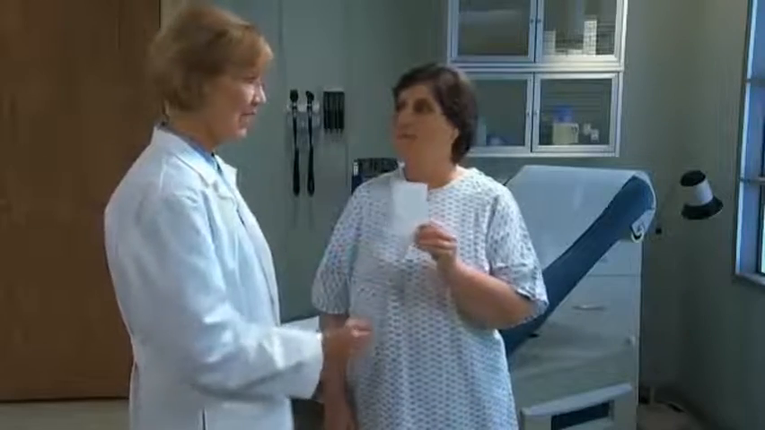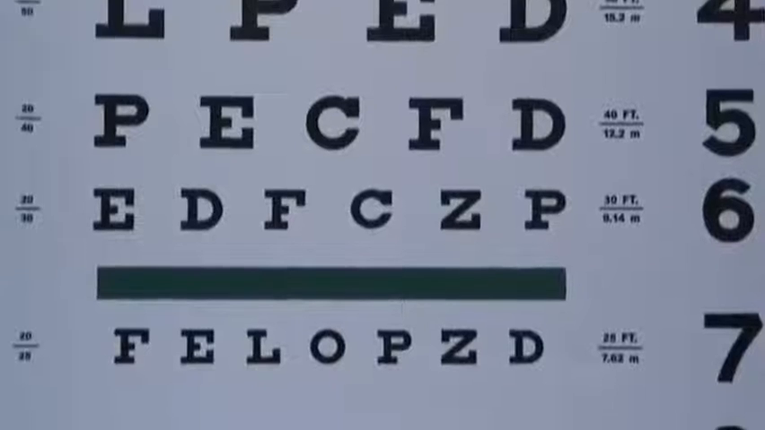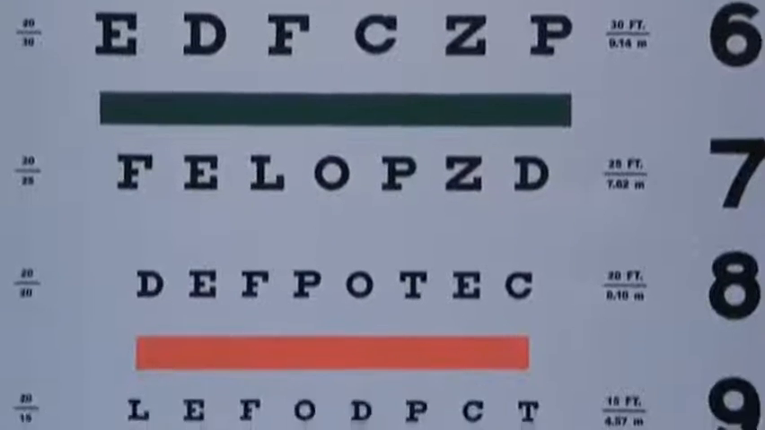What I'd like you to do is hold this card in front of your left eye. Okay. And then I want you to look at the chart and read the smallest line possible. D-E-F-P-O-T. Visual acuity is printed at the side of the line of the eye chart and is expressed as two